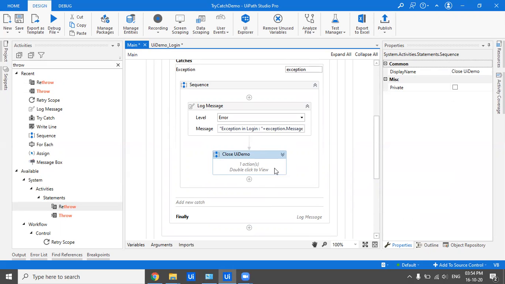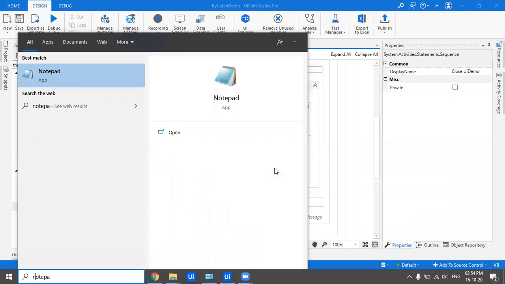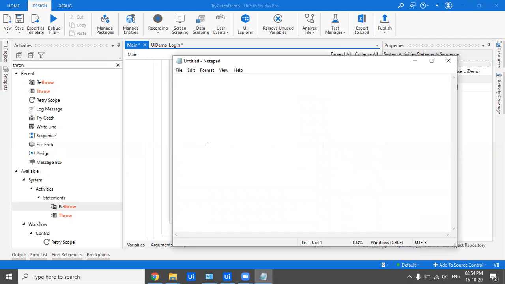In the outermost workflow, let me open a notepad. Suppose there is a main file which has called another inner file 1, which has called another inner file 2, and I got an exception here in inner file 2.